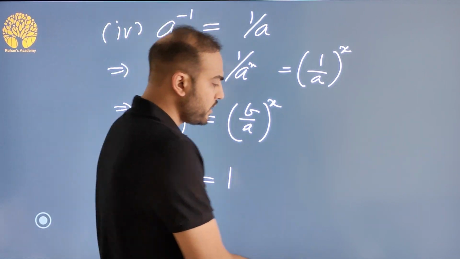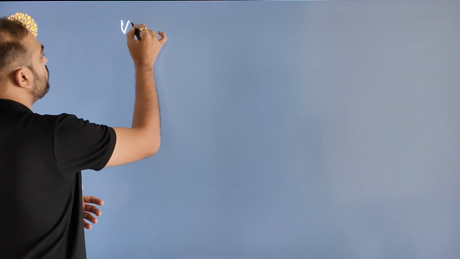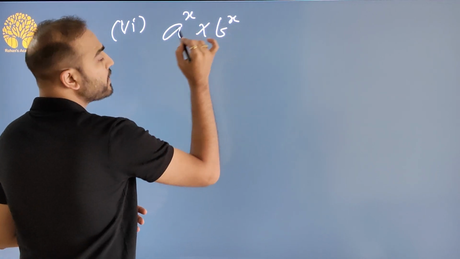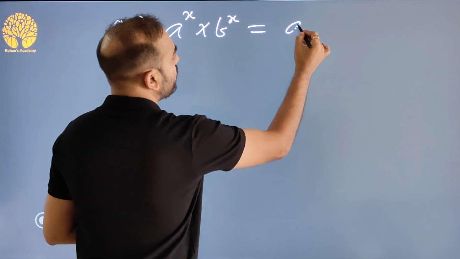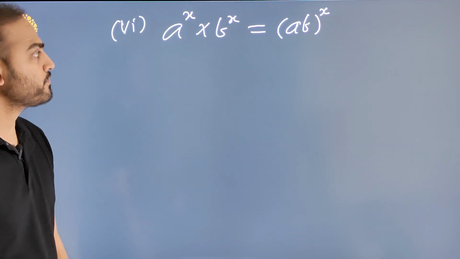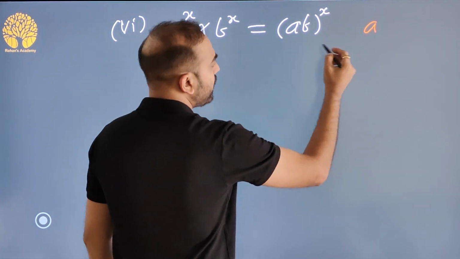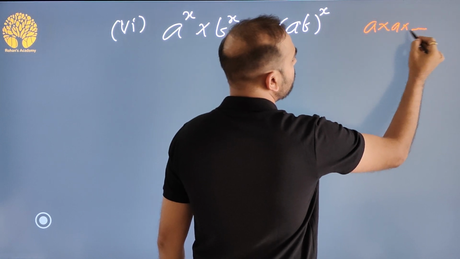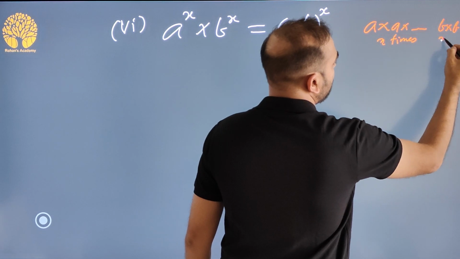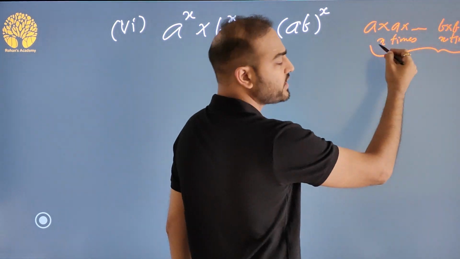What happens if I change the base and keep the power the same? Say we have a to the power x multiplied by b to the power x. Then you can multiply the two bases together and have a common power x. How does this work? a to the power x means a is multiplied by itself x times. b to the power x means b is multiplied by itself x times. If I combine the two and multiply each a and b together,